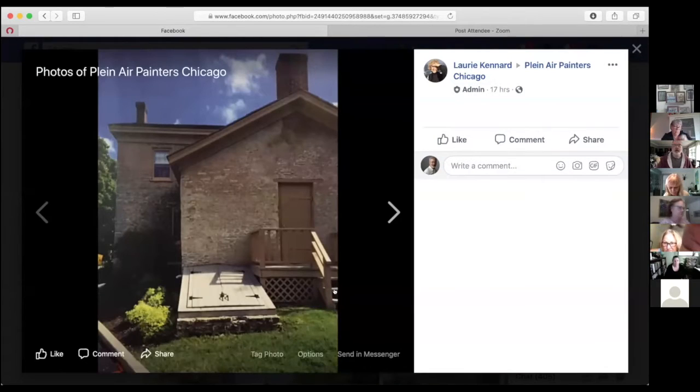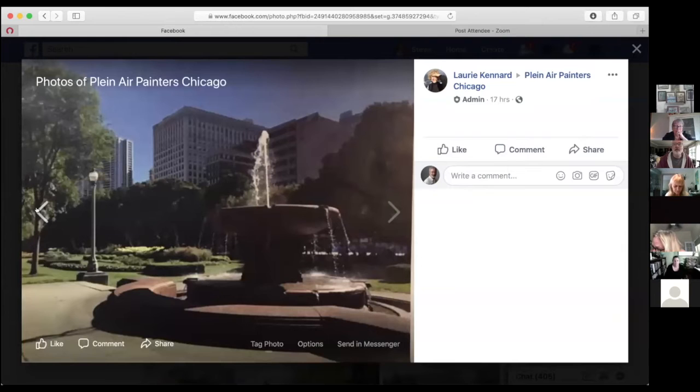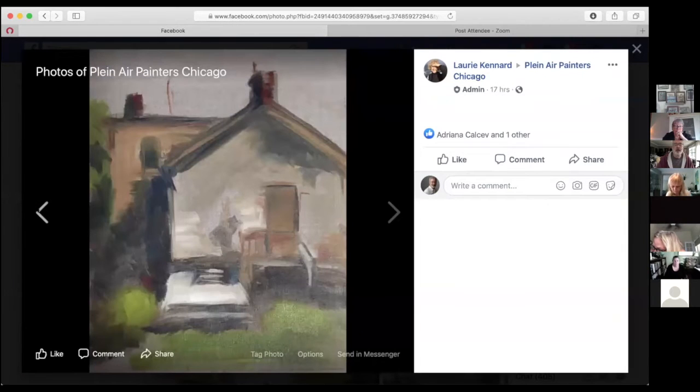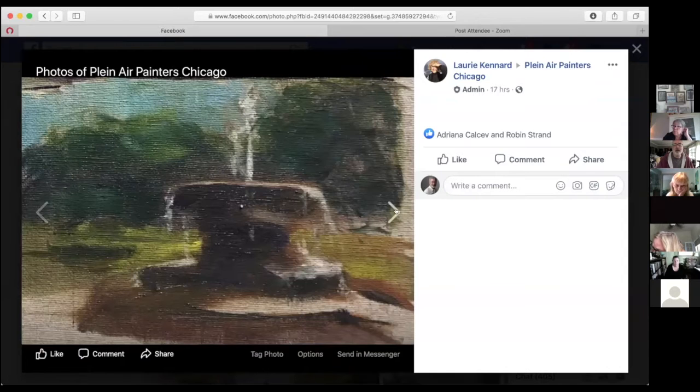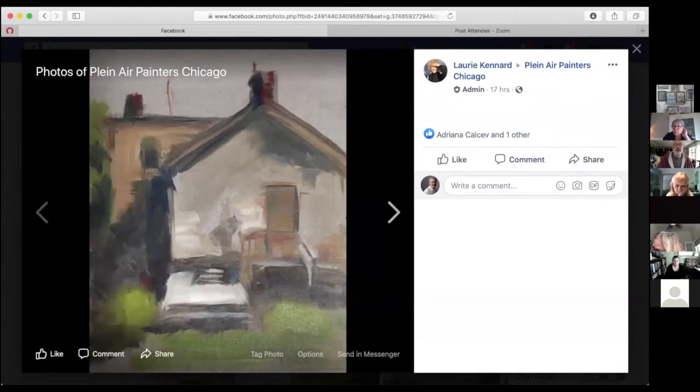All right, Lori. Great effort this week, Lori. Spectacular work. These are her reference photos, and she decided to do two paintings of each of the reference photos. This is probably the better of the four,